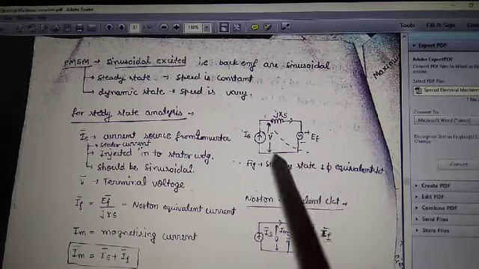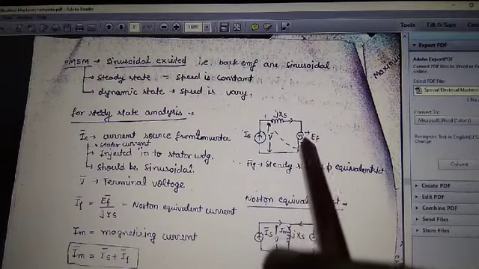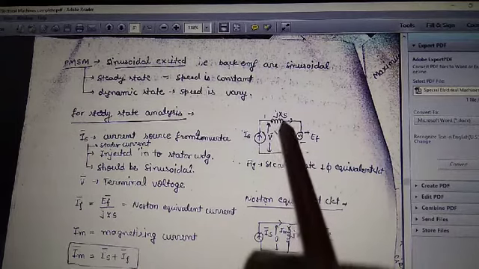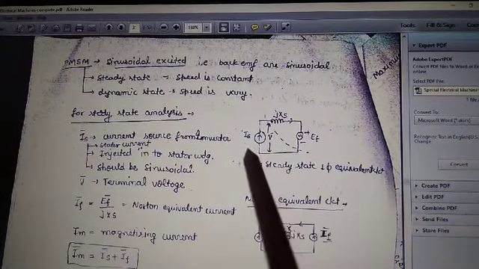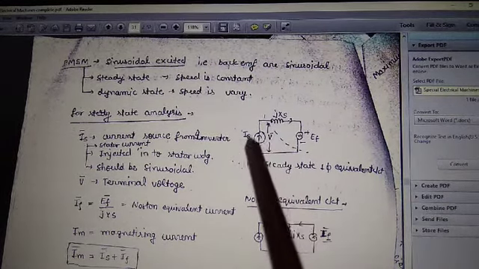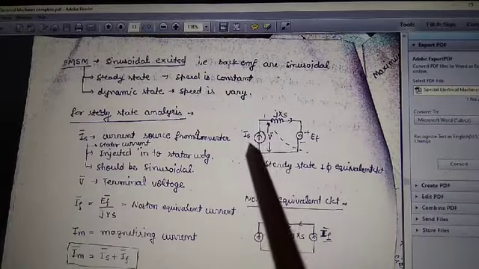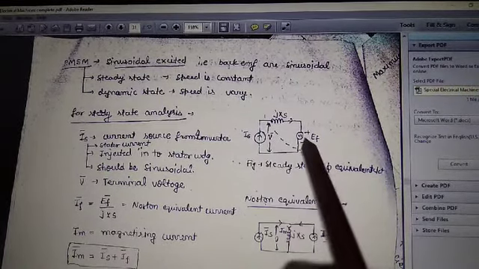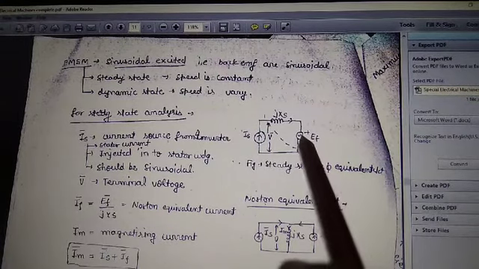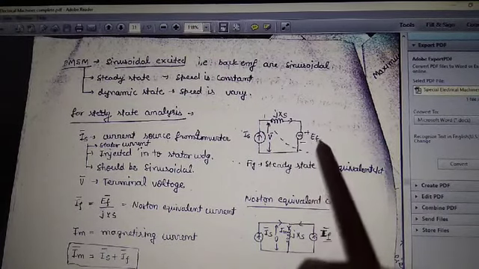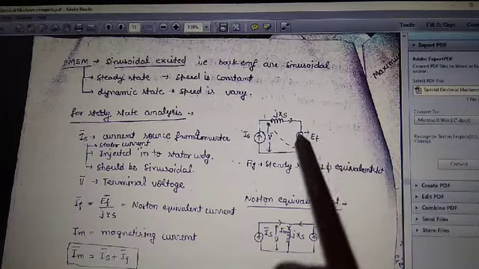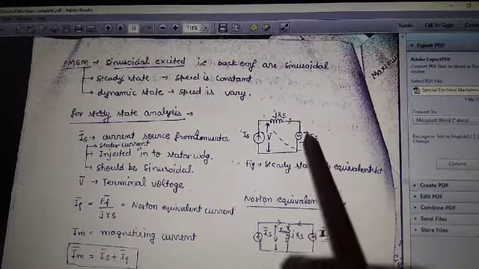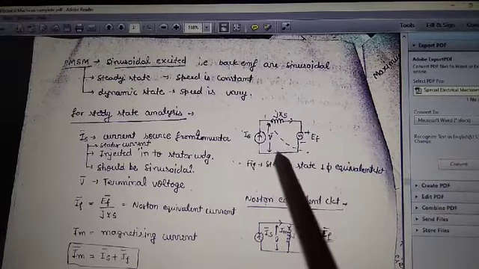This is the equivalent circuit diagram of the synchronous motor. We have a permanent magnet. This is your synchronous impedance, and this is your terminal voltage, supplied from the current source inverter, that is IS. This is your back EMF, the rotor part, connected to the pulley or shaft, to the load. This is your Thevenin equivalent voltage.